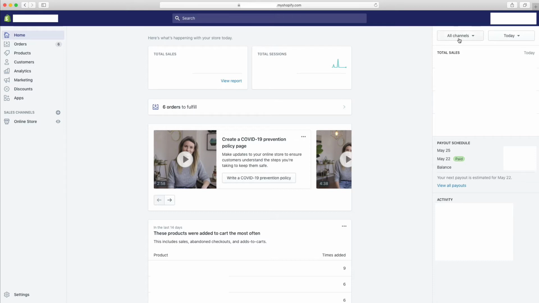Just leave it on all channels, and you can see also a range of dates. So this would be showing me stats for today, or you could choose yesterday, this week, this month, or a custom range. So on the right side, you'll see all your stats, your payout schedule. So once you start getting orders in, you'll see how much Shopify owes you, how much they have paid you, and what your next payout is and what date it's going to be on, as well as the recent activity